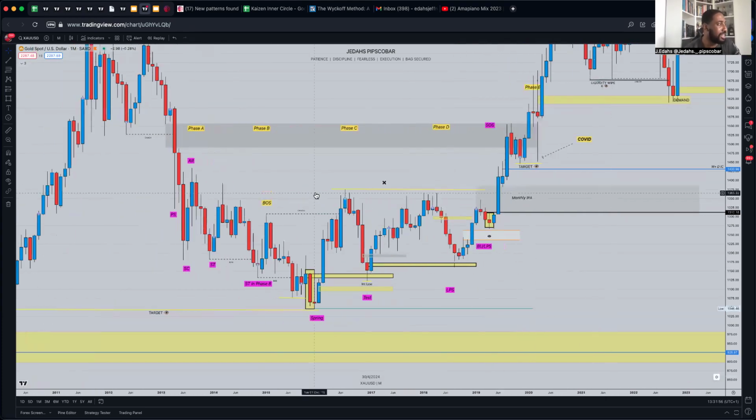Done this whole thing, where phase A, phase B, C, D, and literally I marked up every part of it. So AR, preliminary support, secondary test in phase B, the spring, the test, the last point of support, backup LPS, signs of strength, the whole lot. So you can see all of this for yourself. And then again, 2016, sorry. You can see the signs. So again, I'm not making this up, it's the same thing that happens all the time.